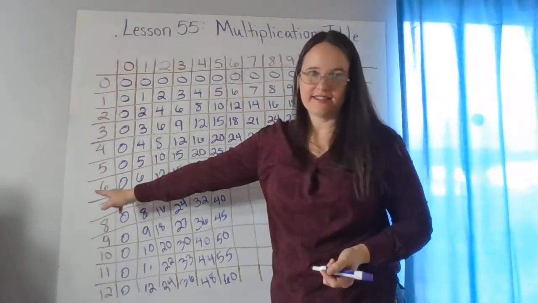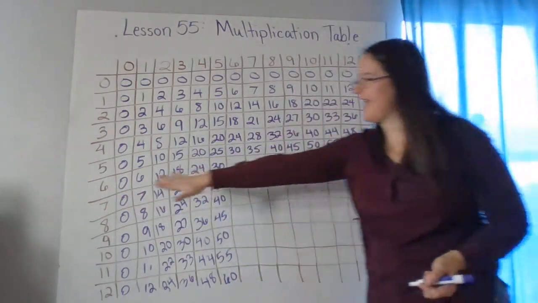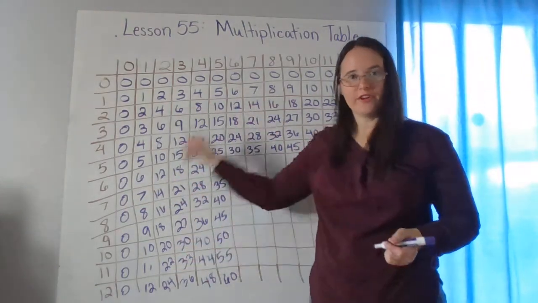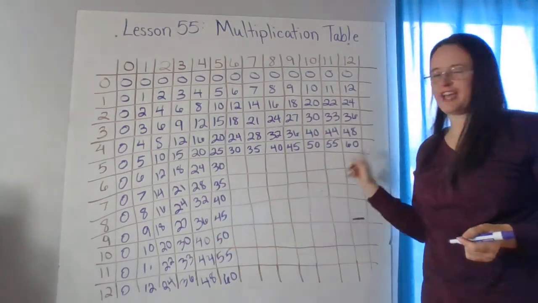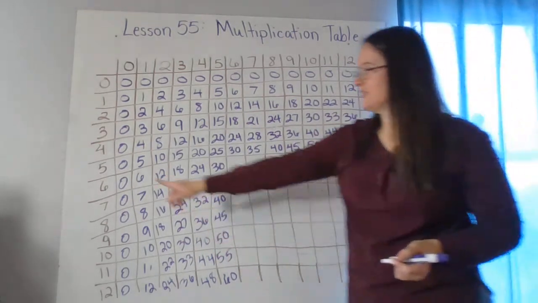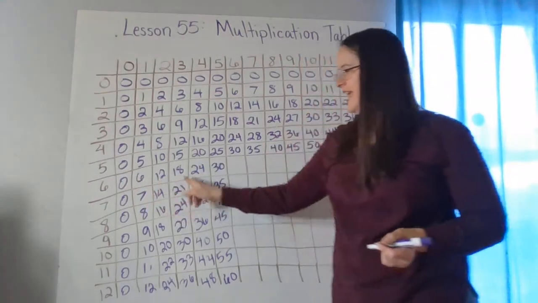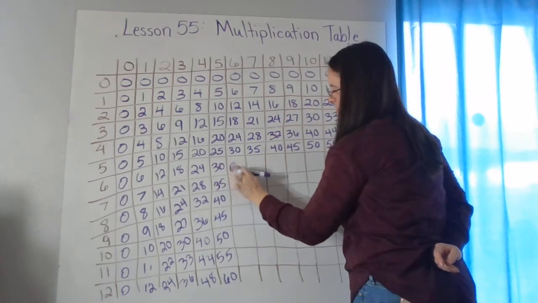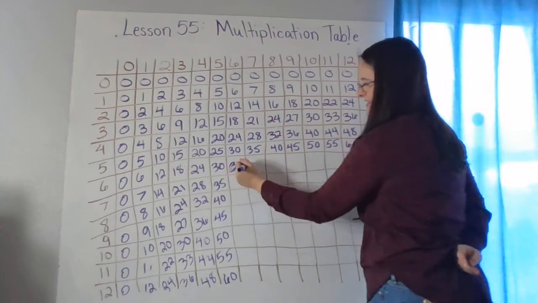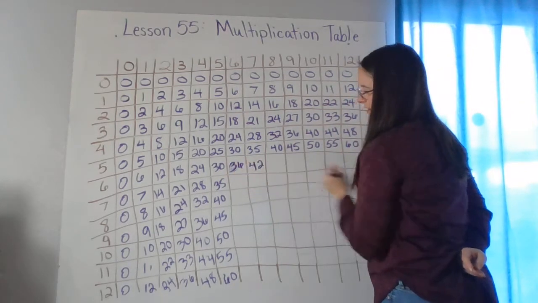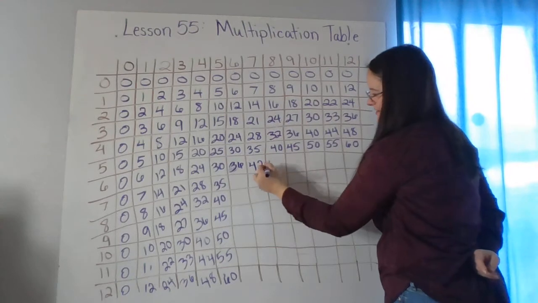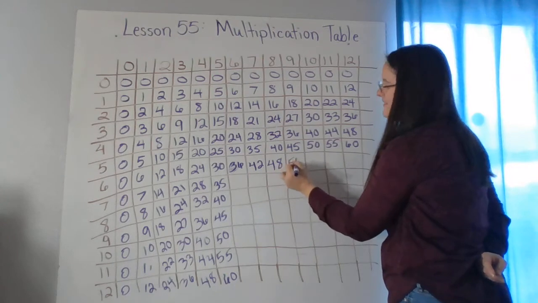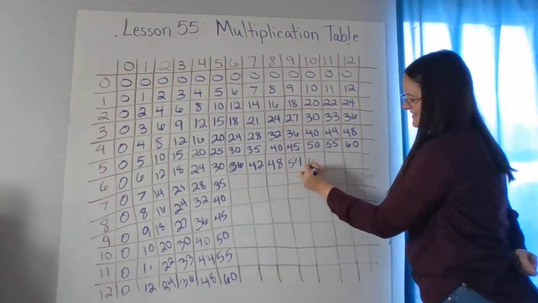All right, now it gets a little trickier, but look, we've got half of them done for us. So even though this part's a little hard, with all the work that we've put in so far, we just have a couple that we have to count by sixes. So 0, 6, 12, 18, 24, 30, 36. Oh, I wanted to write 60. 36, 42, 48, 54, 60,